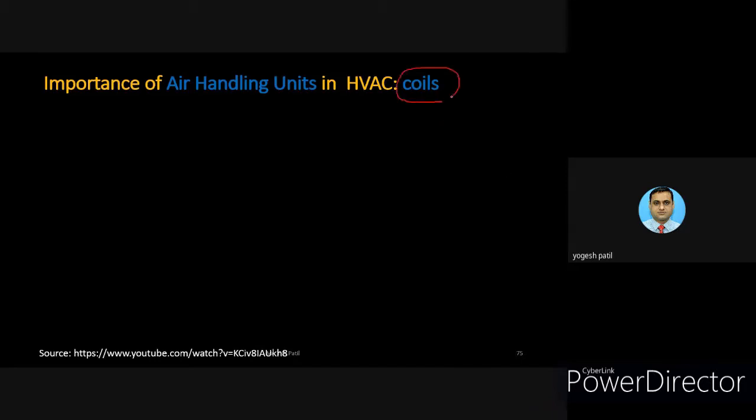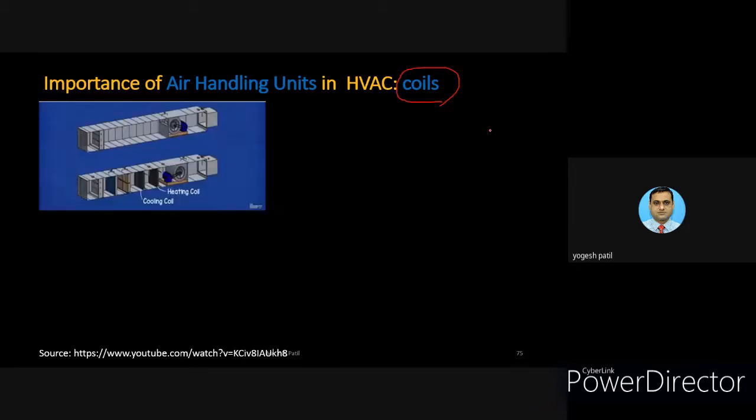So yes, there are coils, and the input to these coils is connected from the chiller and boiler. Now you can see the next part of this air handling unit. There are two types of coils: cooling coil and heating coil. First is the cooling coil, then the heating coil. These are there to cool or to heat the air. Now, what is the purpose of the cooling coil? The purpose of the cooling coil is to cool the air,